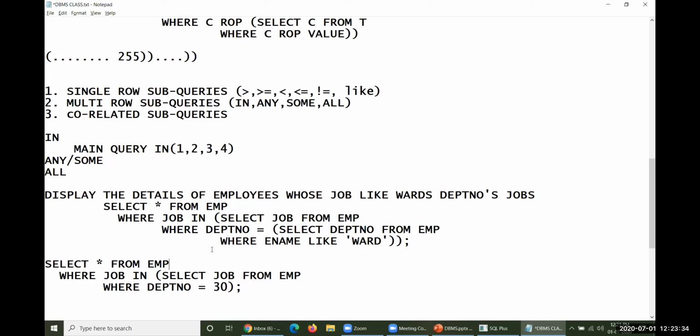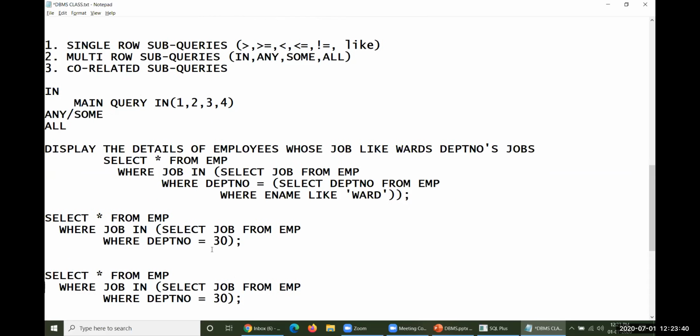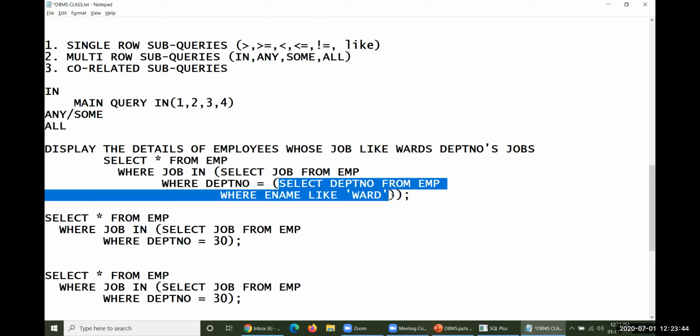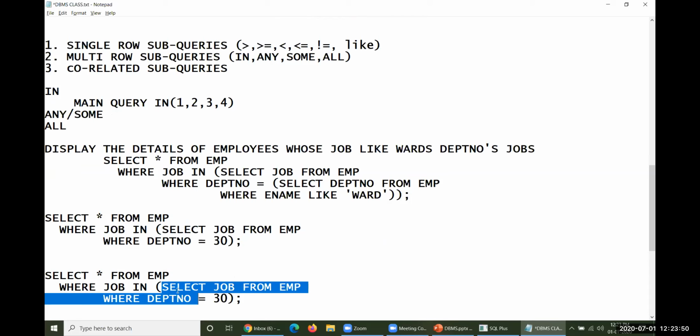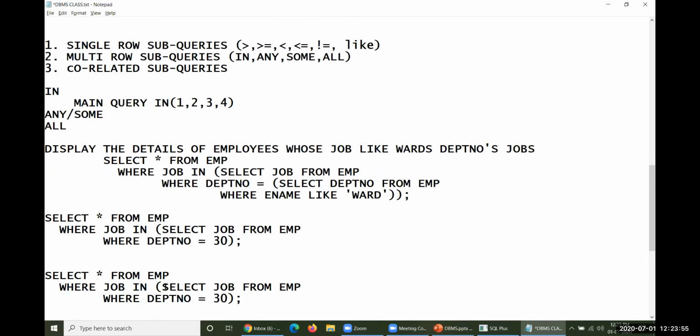Let me take one more copy of this one, then let me operate this particular point here. That point will be after execution of this subquery. After execution of this subquery, we got only one value, that is 30. So select job from EMP where department number is 30. What exactly could you get here?